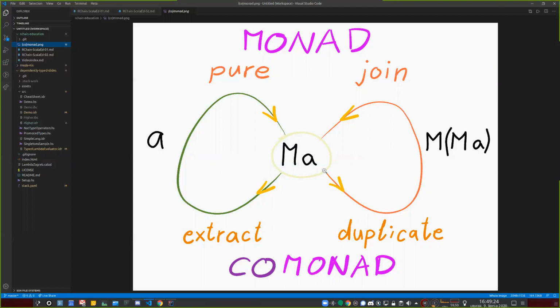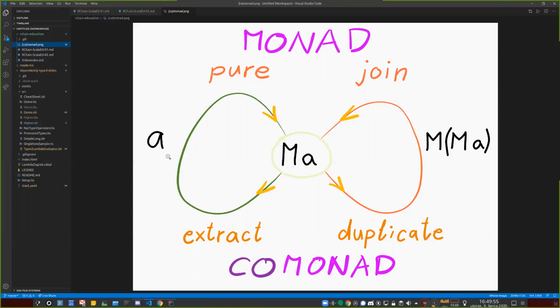So a co-monad is doing the other part. A monad is collapsing or putting the value inside, and we saw previously that this pure comes from applicative functor. Because the monad is also an applicative functor, we have this pure as part of the monad. And there is another side where we can duplicate, we can create nesting,